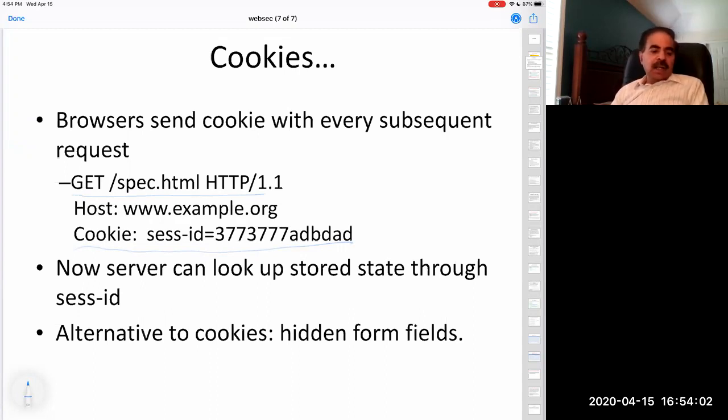So if you think about a session where the server is maintaining state, such as who the user is, maybe the server has information about the user's credit card or home address or things like that, and it can look up all of that information using this session ID. So what the server does is that it creates some kind of a key with which it can look up client information, and then it sends this